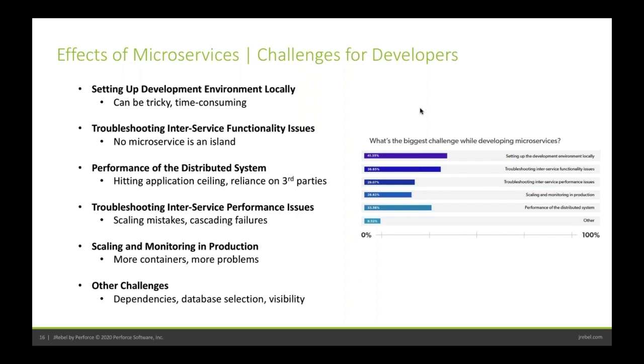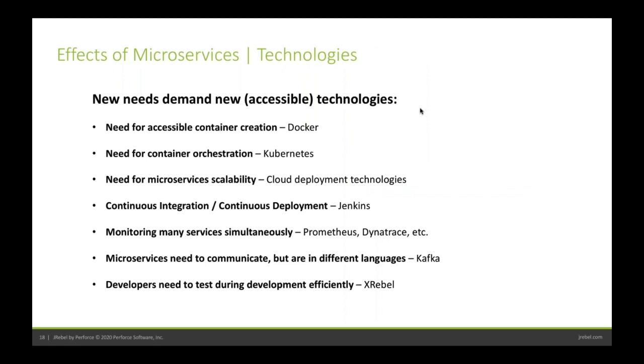So a lot of challenges, and I thought that was a pretty interesting result that users are kind of seeing all of them. So on the next slide, we look at what's happening today. And Curtis mentioned a number of these technologies, things like Docker and Kubernetes and deploying to the cloud. I think these are all pretty common for most people deploying, whether it's on-prem or in the cloud.